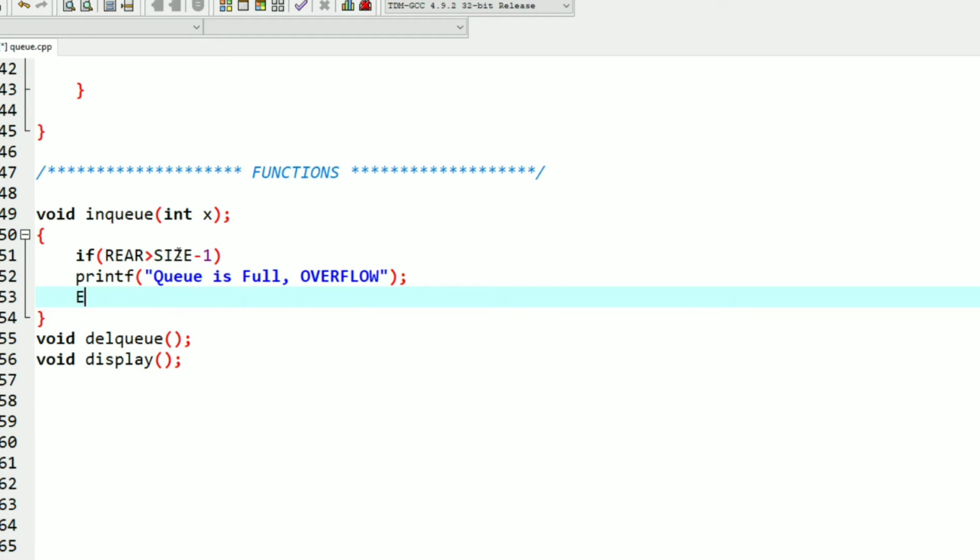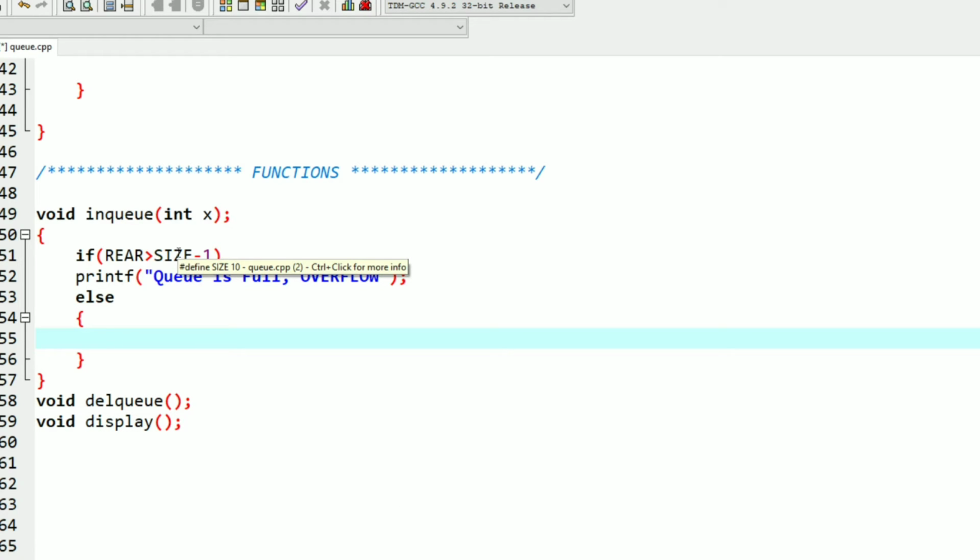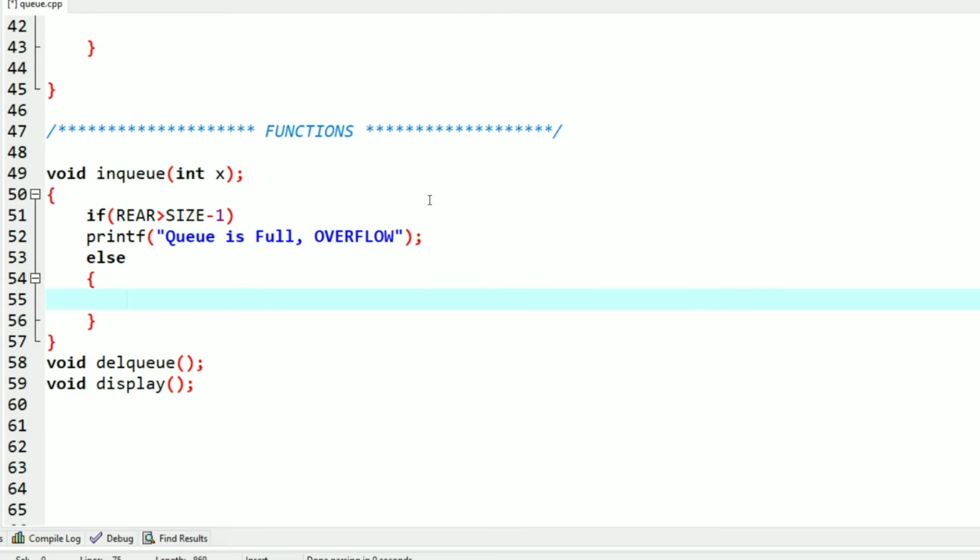But if the queue is not full, there is space for the element to insert, so we will write else, we want to insert the element. As we have to enter the element at the rear end of the queue, we will first increment the rear. So rear is equal to rear plus 1, because one element is already at rear, that is the previously inserted element, so we have to go to the next block of the array.